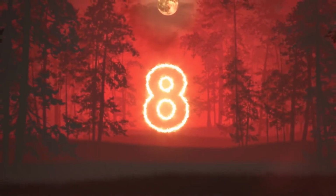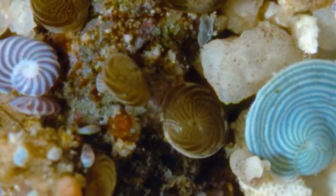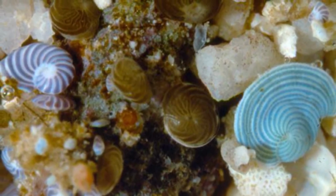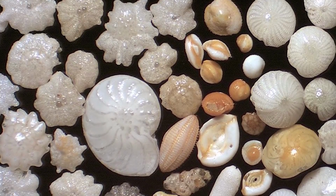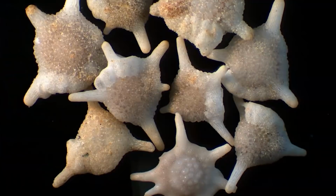Number 8, glass amoebas. In order to live that far down into the ocean, there are 3 main things that you'll have to overcome: lack of light, freezing temperatures, and a lot of pressure. Therefore, intense survival skills are required. Scientists were shocked to find Foraminifera, a kind of amoeba, surviving down in the Mariana Trench, but with some alterations. This kind of organism is found all over the world, but usually they build hard shells for themselves out of calcium carbonate. Down in the trench, the intense pressures dissolve these minerals, leading them to instead build a kind of